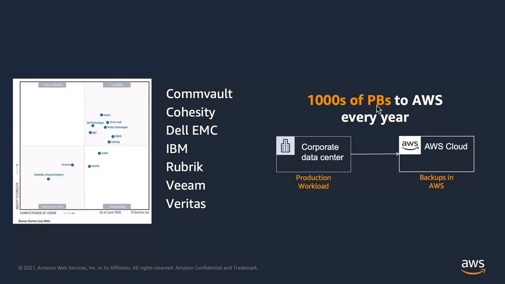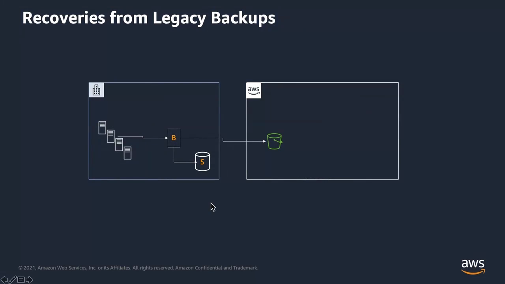So the idea here is that they send the data into AWS, store the data in a scale-out, almost infinite storage, S3, which is an object storage, and then perform on-demand disaster recoveries in AWS. So here is how a recovery scenario would look. First, let's start with the backups. On-premises, you use your favorite backup technology to store the backups on-premises, replicate the data to S3, which is a scale-out object storage in AWS.